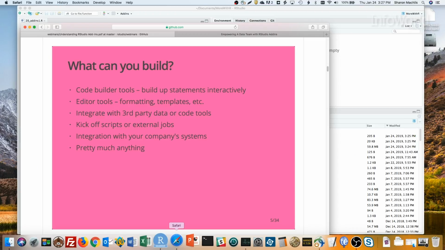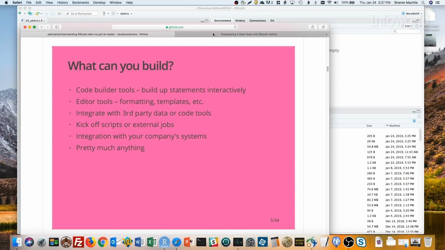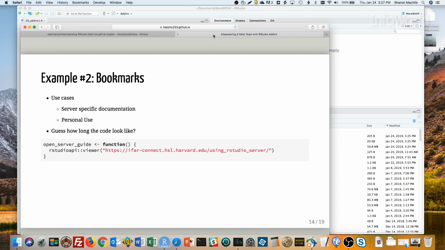And three, add-ins need to include a DCF file with information about each add-in in a package, metadata in a specific format. So here's the surprisingly easy to write add-in function that Hao Zhu demoed at RStudio Conference. Doesn't look that hard. I'll walk you through how to build another add-in, an add-in to edit an R snippets file. So that file is in this location here.